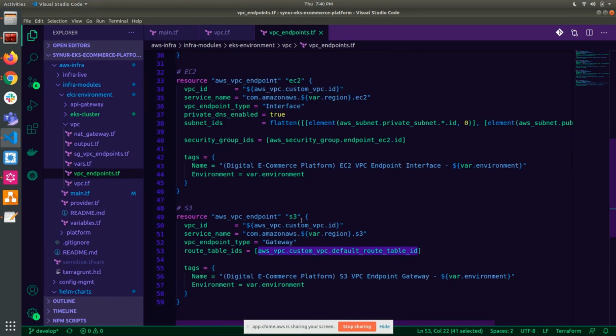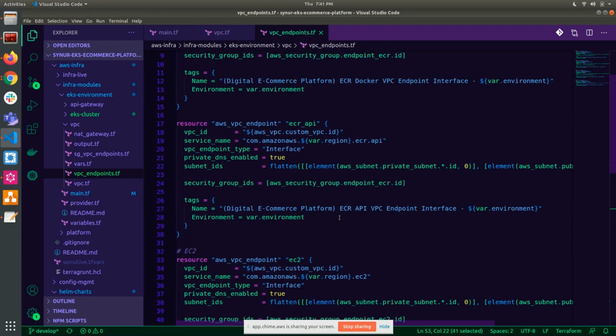I've got EC2 set up over here, and S3. S3 is here because the actual image layers for the container images are stored in S3, even though you don't see them there. So you do need to have a VPC endpoint for that as well, and in this particular case, it'll actually be a VPC gateway endpoint for S3.